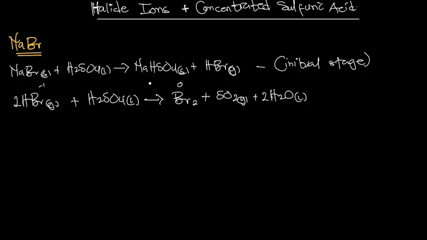So this is the reason why we cannot make HBr gas using concentrated sulfuric acid and bromide salt. Because the hydrogen halide gas reacts with the sulfuric acid and gets oxidized to a halogen. Is there any specific observation that we are going to make in this particular reaction? Yes, you'll notice that you are going to have a